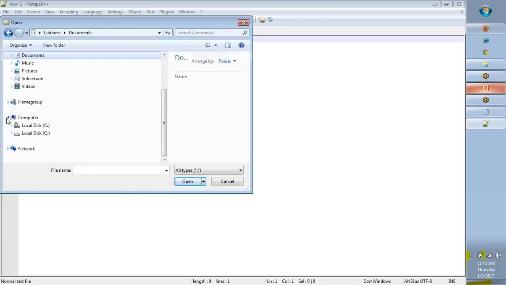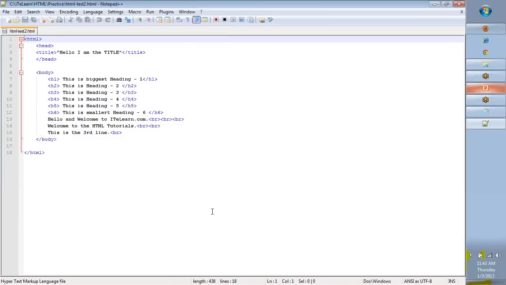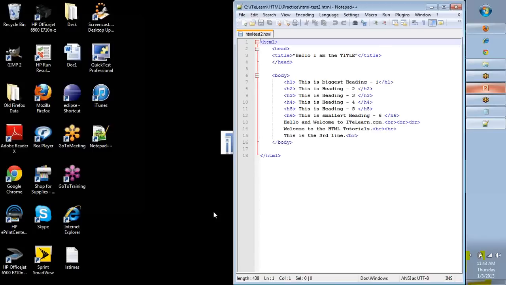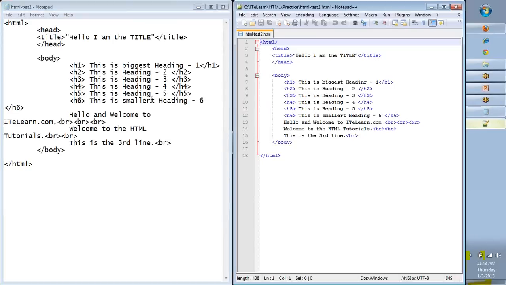So we're going to go to our programs, eLearn, to HTML practice and open the HTML file that we created. So, HTML test. Do you see the icons? It is referring to Firefox because that is my default browser on the machine. Now, the same code that we had in a text format, in a Notepad format, is displayed in a different